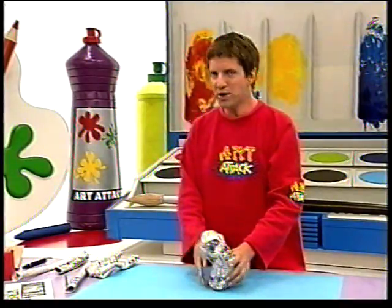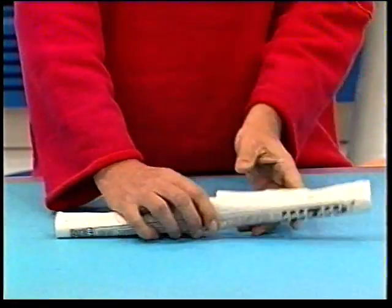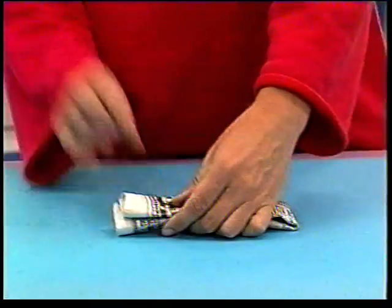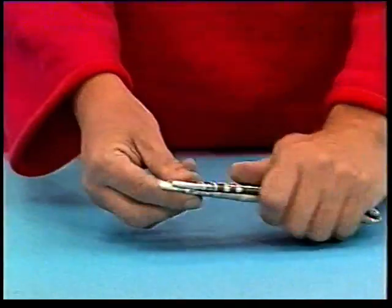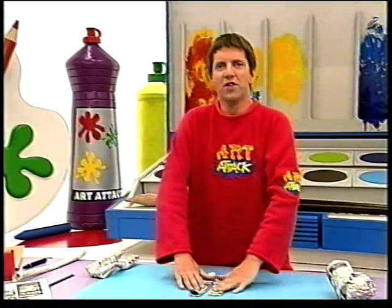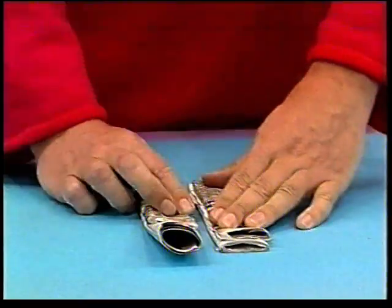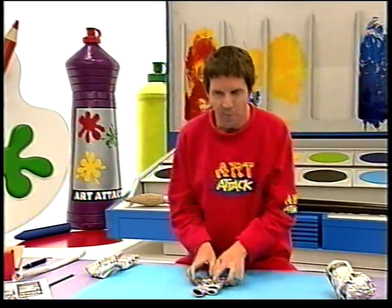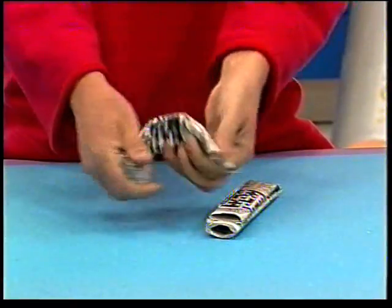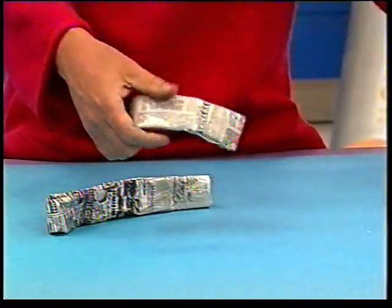Now to make the gremlin's arms, roll a couple of sheets of newspaper into a tube and fold it in half like that. Tape those two ends together firmly, and then make two in exactly the same way. Then to make your gremlin look really scary, put it into a monster position, like that. Bend the arms, one there and one there, and tape them onto the body